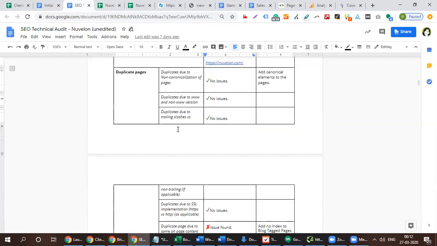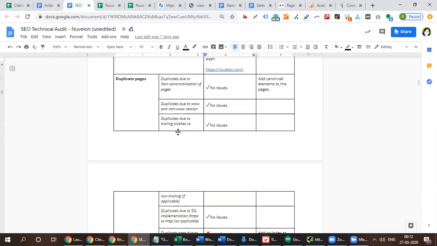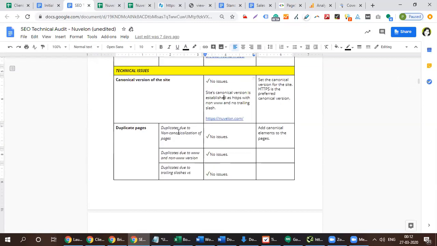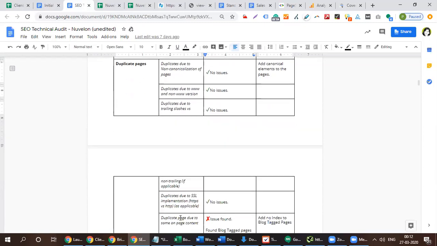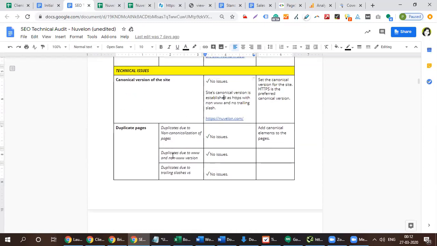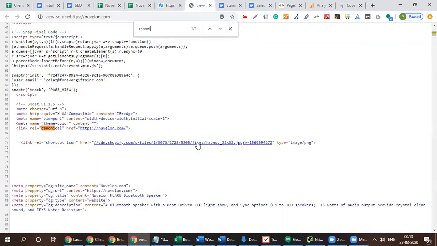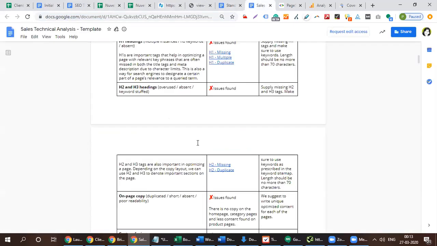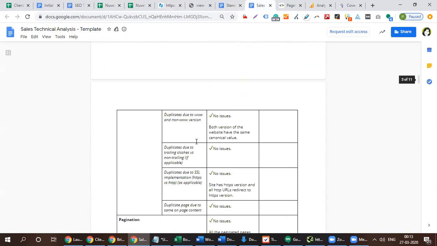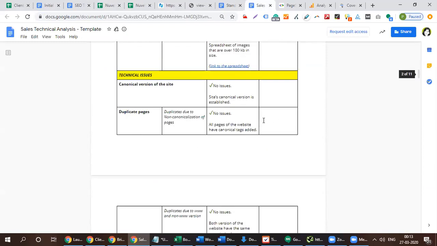Now next is the duplicate page section. The duplicate page section has multiple subsections. You can see that. The first one is duplicate due to non-canonicalization of pages. Let me see if we have that issue in the other one. Okay. So generally